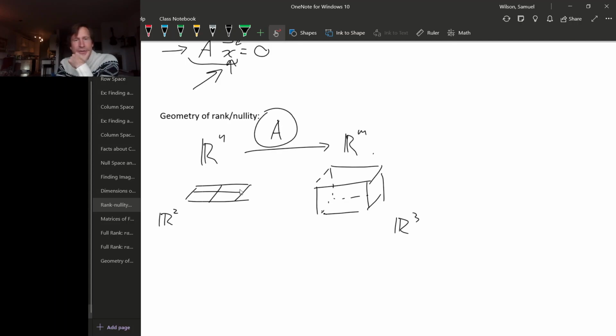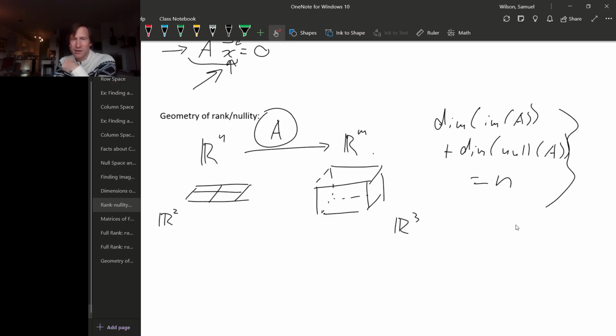So why is it that the dimension of the image of A plus the dimension of the null space of A has to be equal to n, right? This is the rank nullity theorem. So why does that make sense geometrically? Well, you're going to have to take my word for it a little bit, because we don't really know a lot about the geometry of this sort of linear vector function yet. But if you take my word for it,